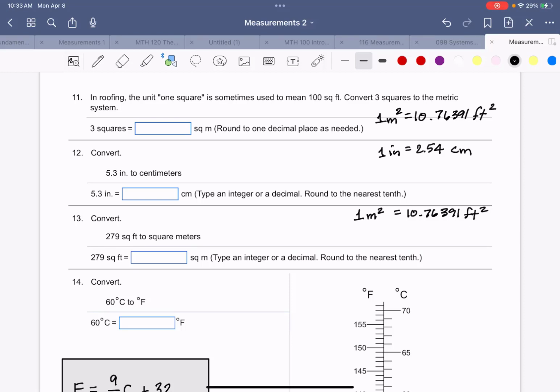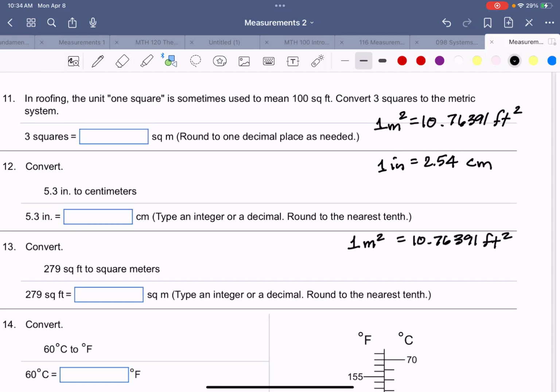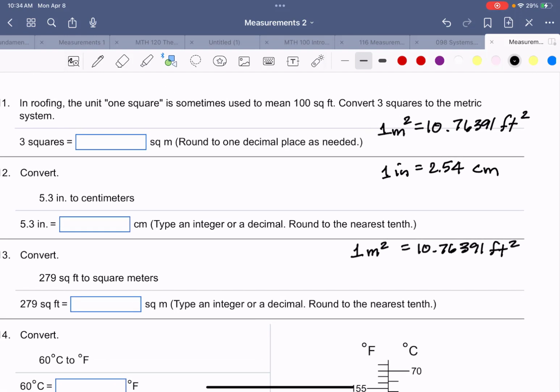Example 11. In roofing, the unit called 1 square is sometimes used to mean 100 square feet. Convert 3 squares to the metric system. So we know what 1 square meter is in square feet. Now 3 squares would be